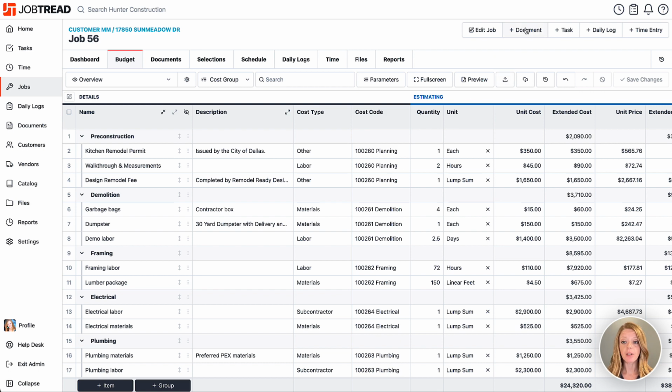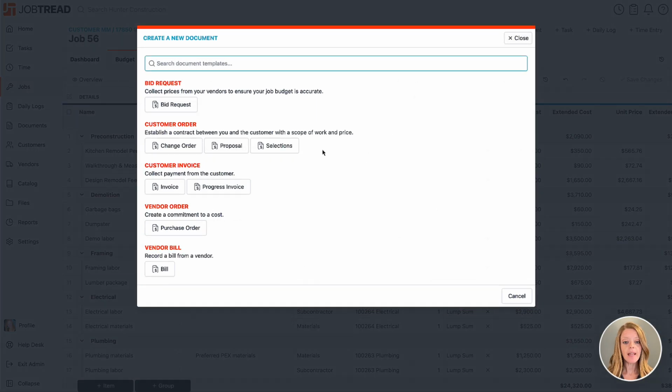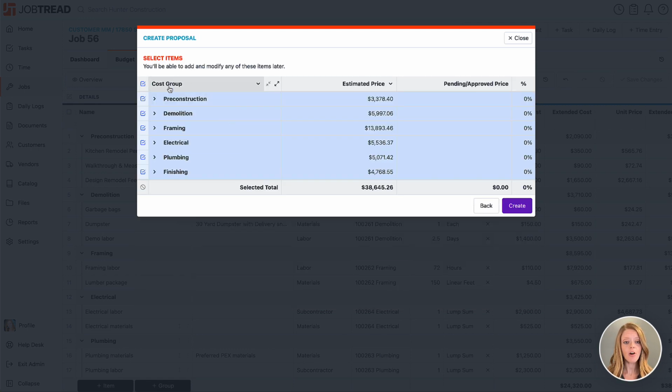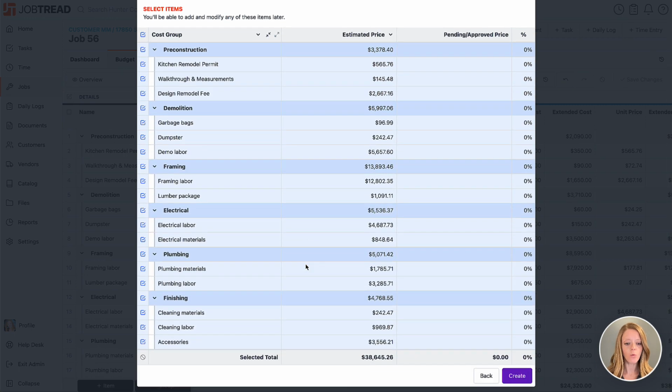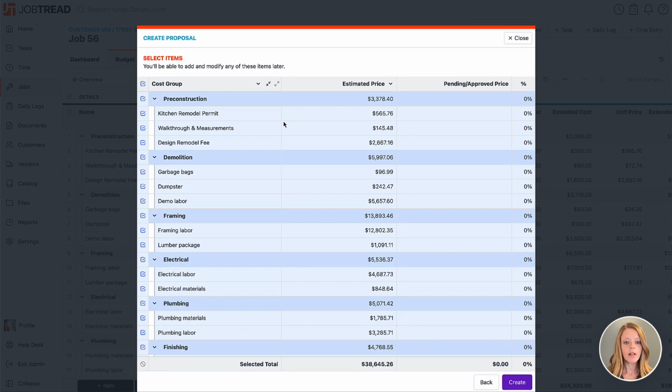So I will click plus document. And then I have the option to choose the customer order type I'd like to use. Now, in this case, we're going to use our proposal to send this to the customer and get their signature. And now the system's asking, which items from your budget do you want to include on this document? So I could always choose to leave off one or a couple items, or in this case, I'm going to